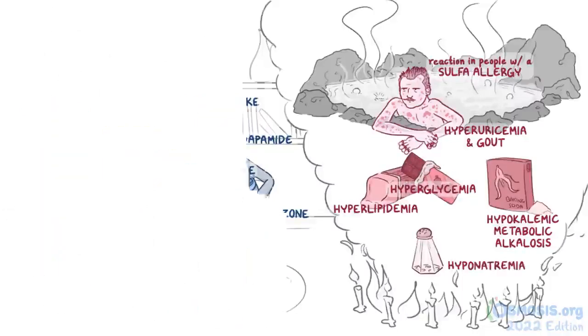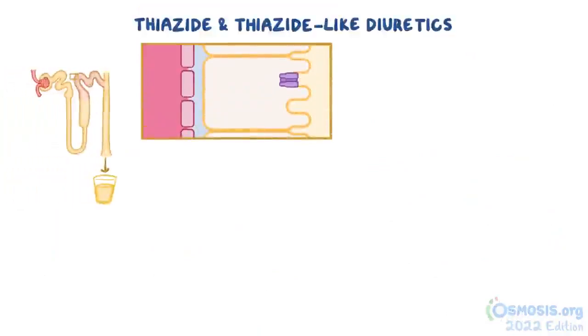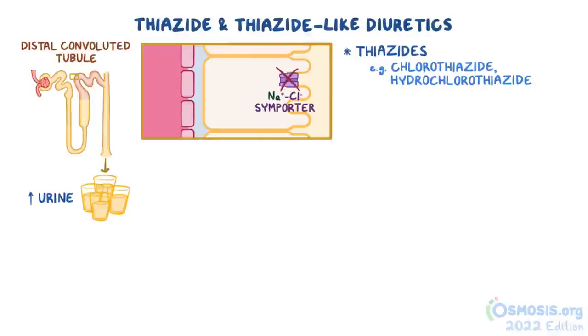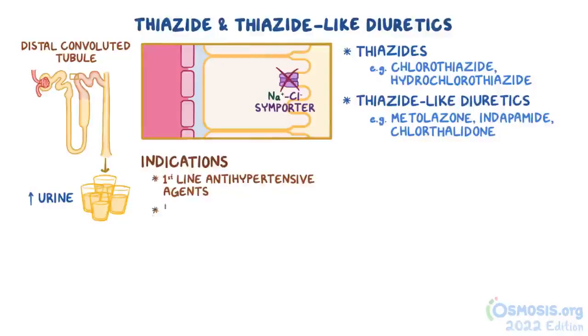Alright, as a quick recap. Thiazide and thiazide-like diuretics are medications that block the sodium chloride symporter in the distal convoluted tubule in order to increase urine output. The most commonly used thiazides are chlorothiazide and hydrochlorothiazide, and the most commonly used thiazide-like diuretics are metolazone, indapamide, and chlorthalidone. They're mostly used as first-line antihypertensive agents, but can also be administered to reduce edema in